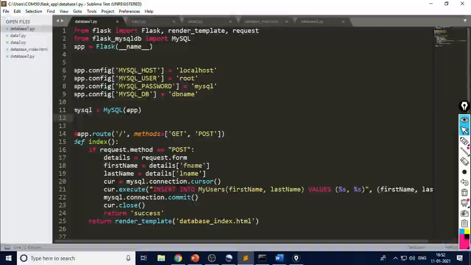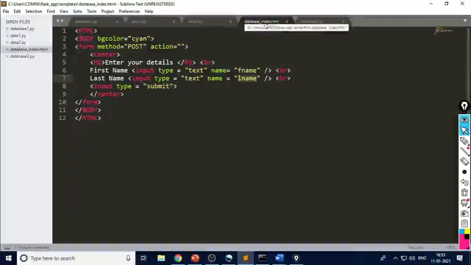And this data we store to first name and last name, and these two variables we used here. You can use the same variable name, or you can use a different variable name. What you want, you can write here. You can write fname, you can write lname, but when we write fname and lname here, you should use fname and lname. So these should be the same, and this is the HTML script. So we will see how we can execute this one.